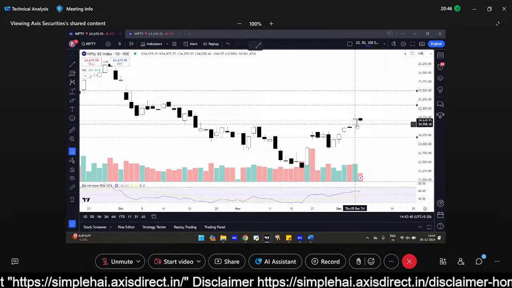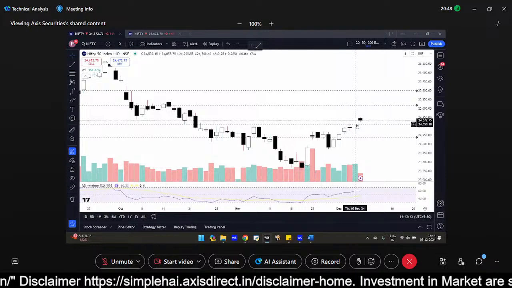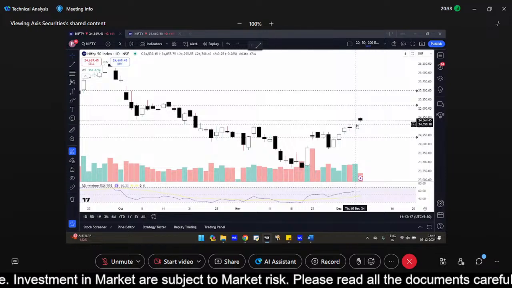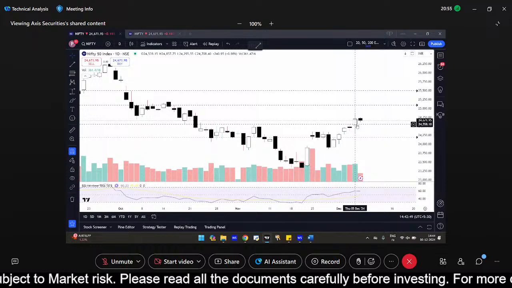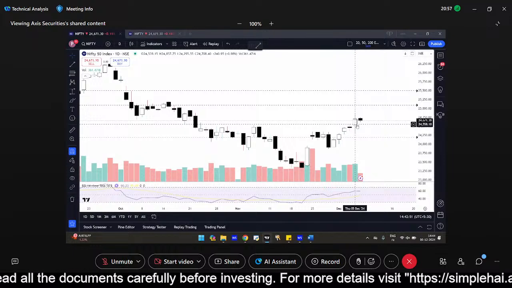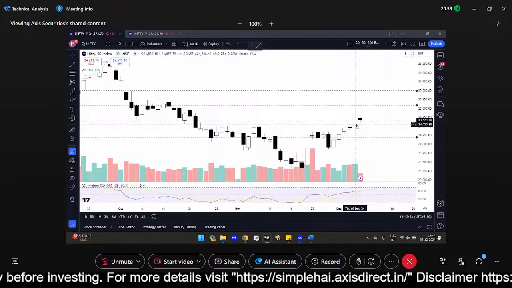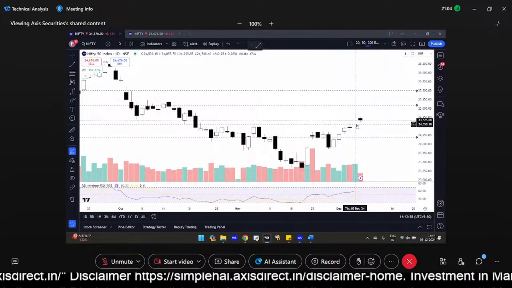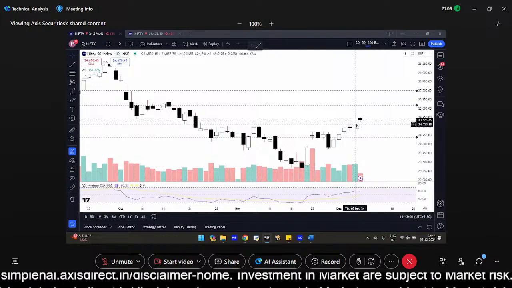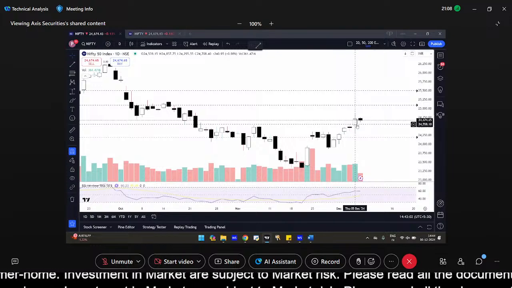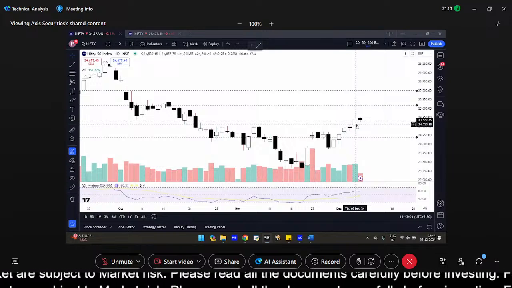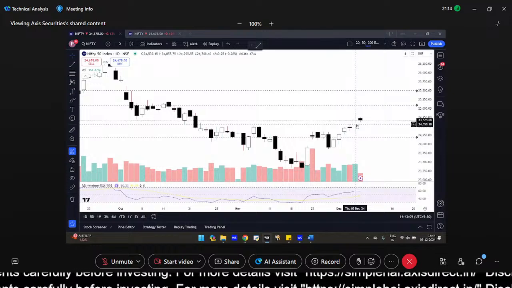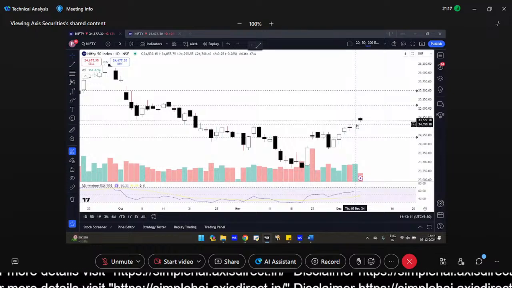Correct. So that essentially is open, high, low, close. If I take yesterday's session, 24,539 was the open price, meaning that is where the trading actually started. And then you have the high, that is, during the day what is the highest price that was clocked. And then you have the low, that is the lowest price that was clocked. And then close, meaning where the market settled at 3:30. Correct. So these are the 4 data points.